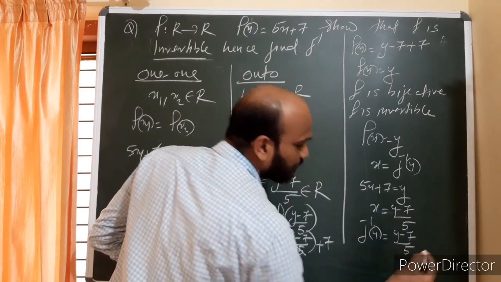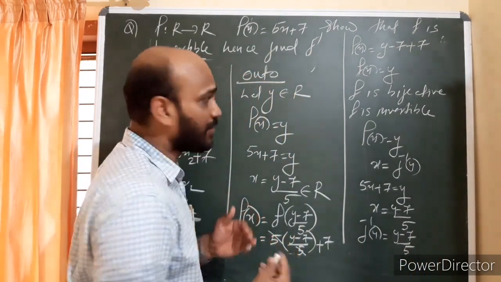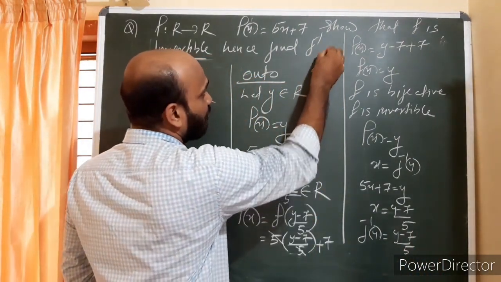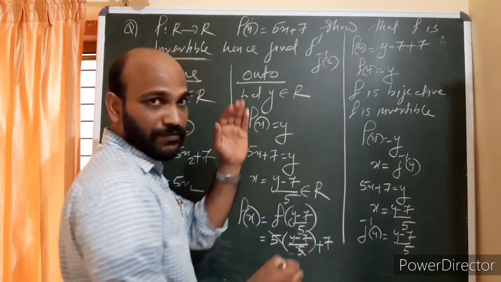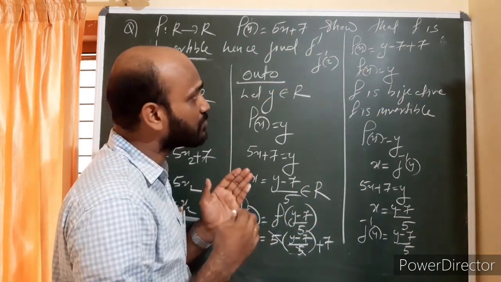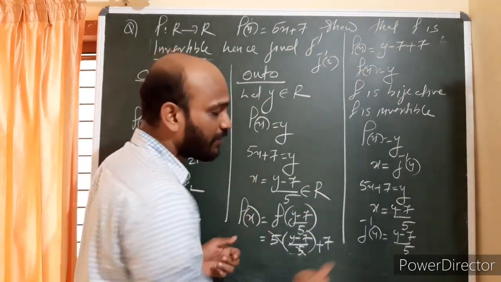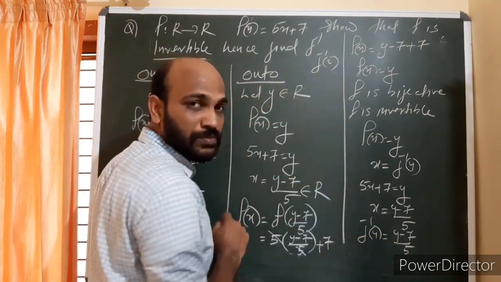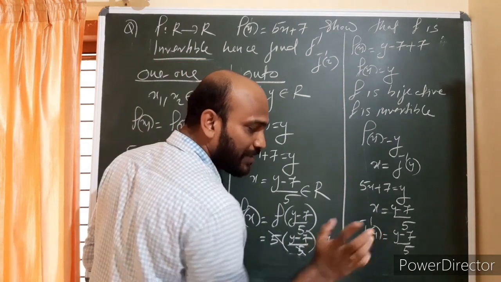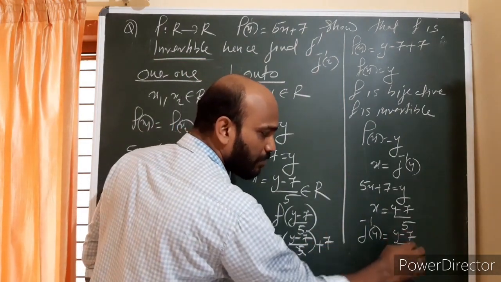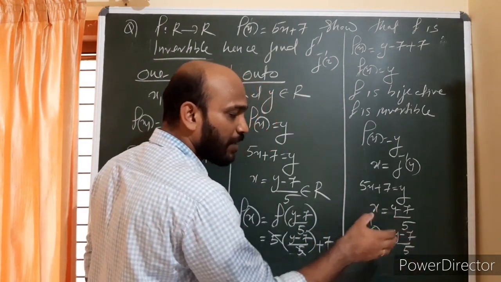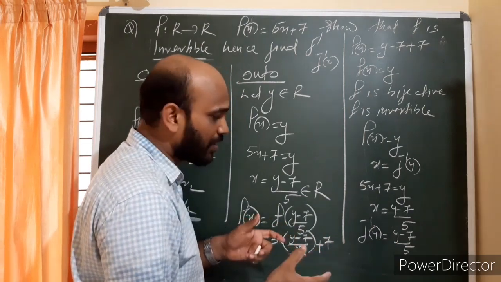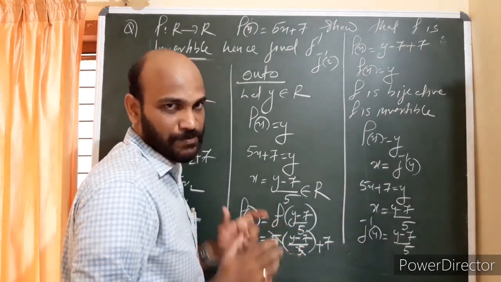We can expect a question like this. Find f inverse of 2. Sub question. Find f inverse of 2. How can we find f inverse of 2? So first you have to find f inverse of y. Then in place of y you have to substitute 2. So f inverse of 2, in this case, will be (2 minus 7) by 5, that is minus 5 by 5 equal to minus 1. Like that, questions you can also expect.